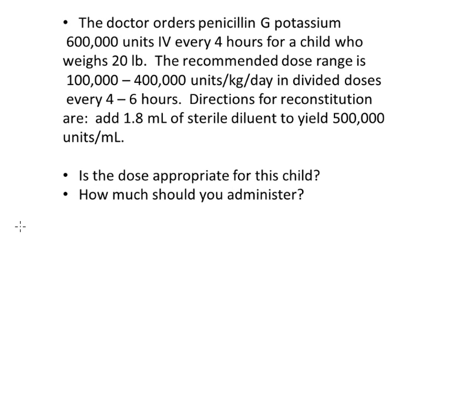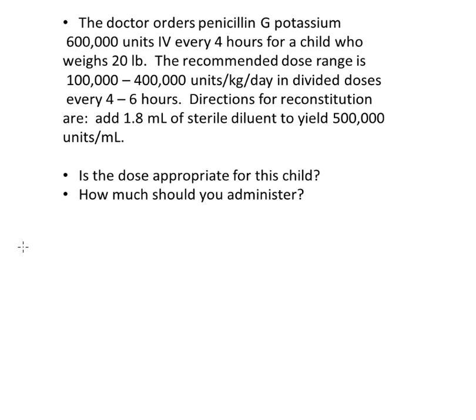This problem is based on weight instead of body surface area. Let's take a moment to read the problem. The doctor orders penicillin G potassium 600,000 units as an IV every 4 hours for a child who weighs 20 pounds. The recommended dose range is 100,000 to 400 units per kilogram per day in divided doses every 4 to